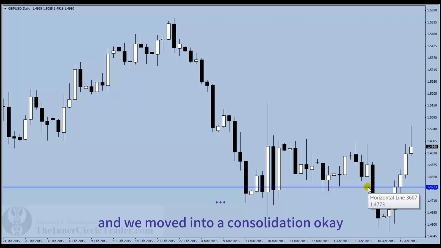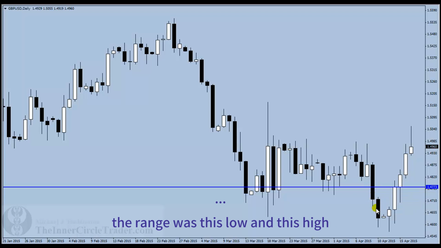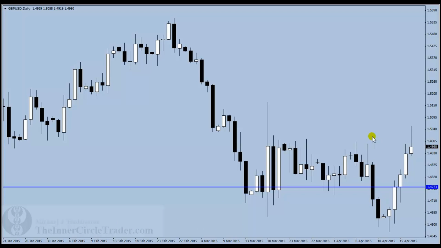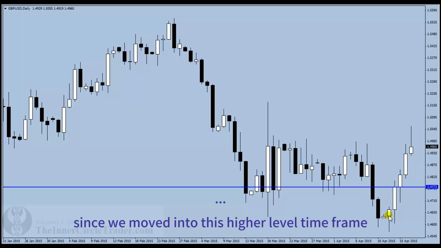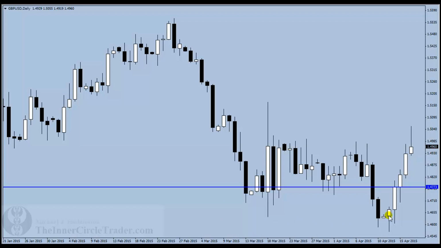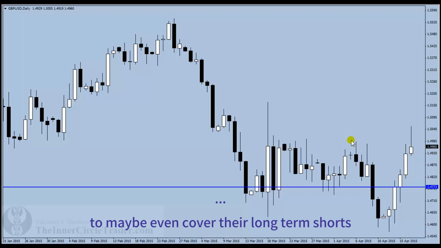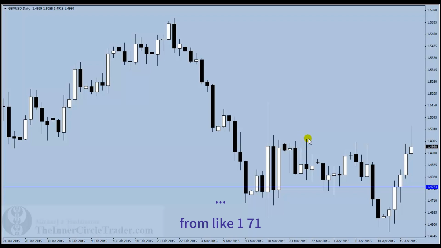Since we moved into this higher level time frame buy area, where we'd anticipate buyers coming in to maybe even cover their long-term shorts from like 170, 180 to around that 172 level on cable, that would be a big area to take some profits on that long-term multiple price leg lower. When we said we're looking at bounces in the bear market, again, the idea is look for highs where stops would reside. Okay, and here's your highs right in here. See how they're relatively clean. So if you look at that,